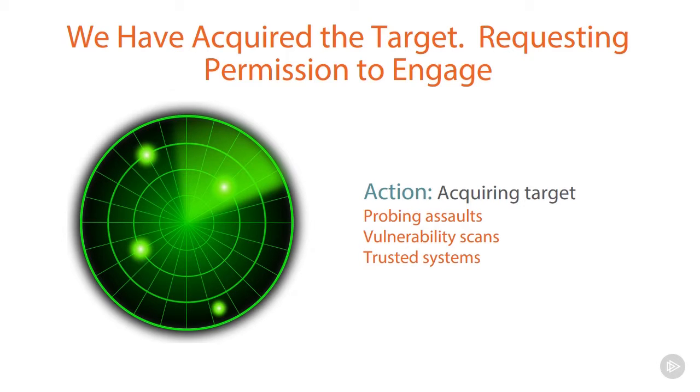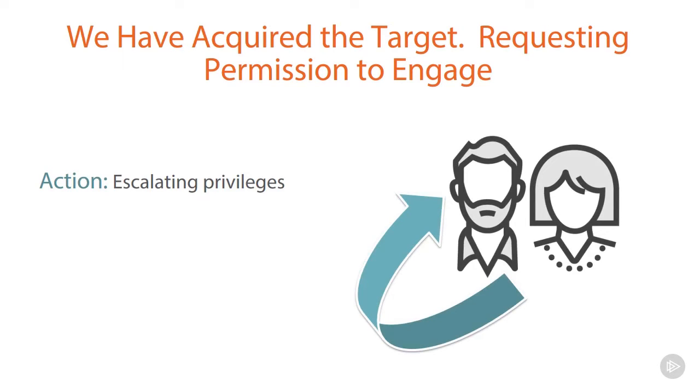Once we've acquired the target, again, our next step is to go through and escalate the privileges. Sometimes this escalation is performed by the attacker, so to accomplish this, the pen tester will try to take advantage of bugs, flaws in the design of the OS or applications, possibly even misconfigurations on an operating system, or for that matter, an application, to try to elevate the access of a normal user to someone with higher permissions. Now, privilege escalation is normally performed by attackers to carry out different types of activities, such as deleting files, looking at sensitive information, or again, installing programs that can help them get back in later, such as a Trojan or